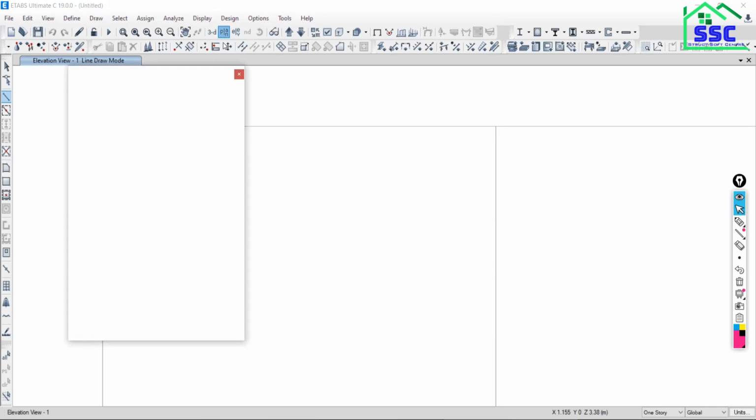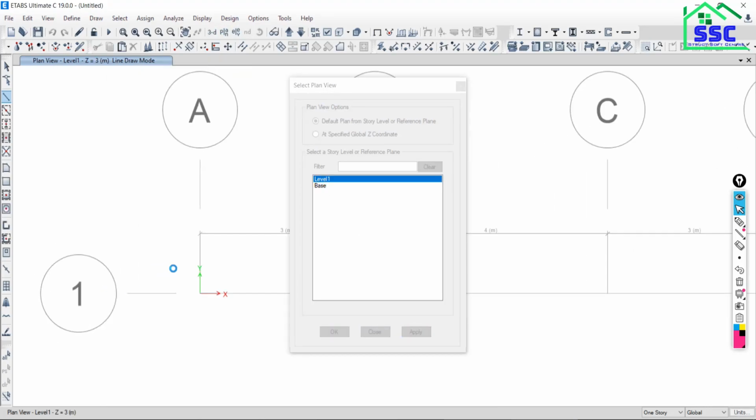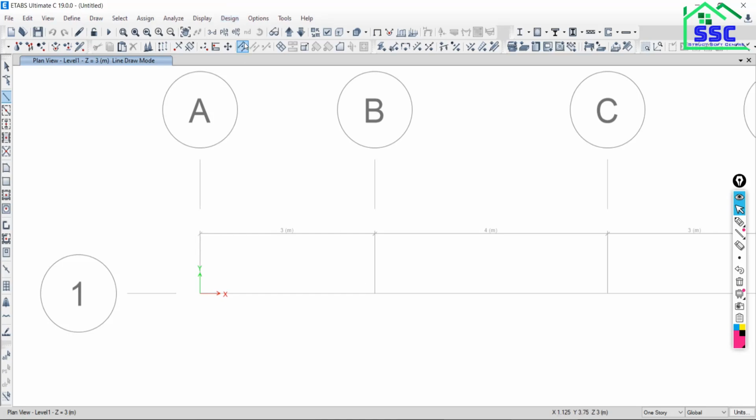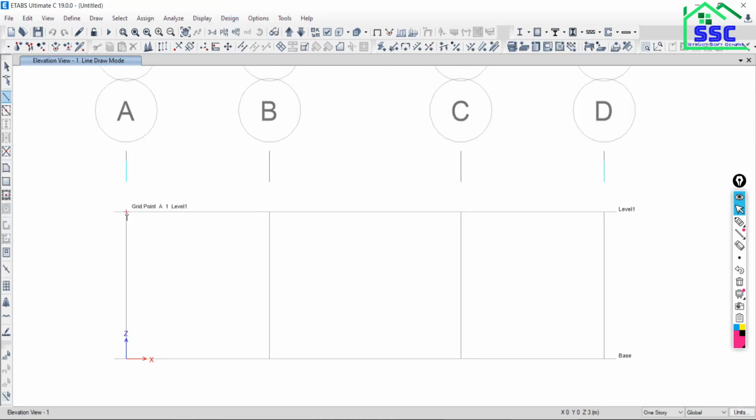See, in plan, when you look in plan, this is the grid 1 and this is the grid A. So when you go to elevation, go to elevation along the grid first. So this point is actually the intersection of what? Grid A and 1. Is it visible? Yes, sir.